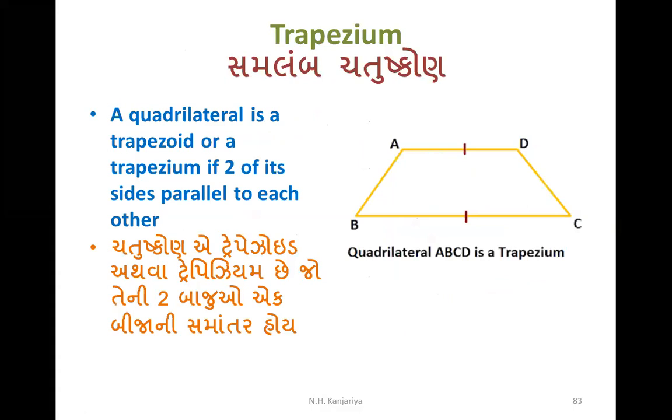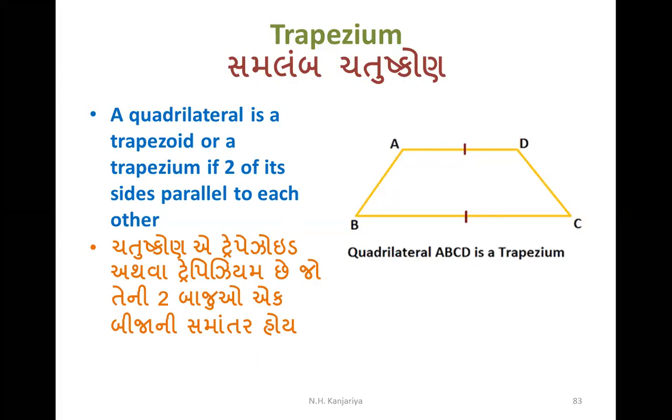So these are some properties. Here your first type of quadrilateral is the trapezium. This definition is very important. There are two names for the given figure: trapezium and trapezoid. Sometimes they use the word trapezium, sometimes trapezoid. Both mean the same thing. What does the definition say? If you have a quadrilateral and any two sides are parallel to each other, it is known as a